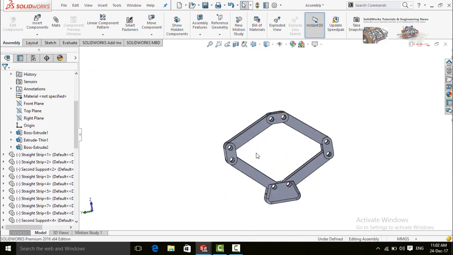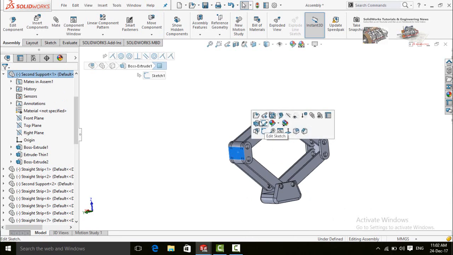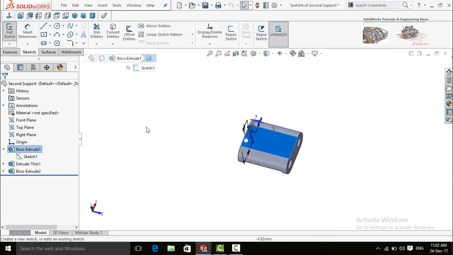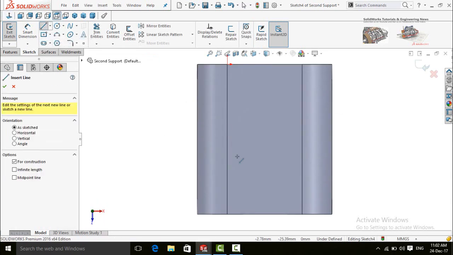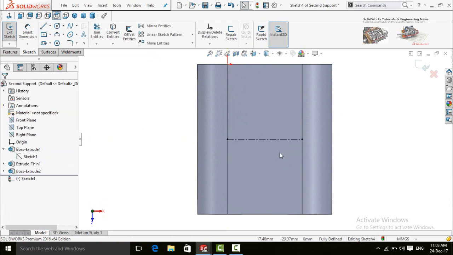One last thing is left, which is a screw. So we have to create the hole for the screw first in this part. So open this part and then sketch on this face, make normal to and draw a center line started from this midpoint to this midpoint.